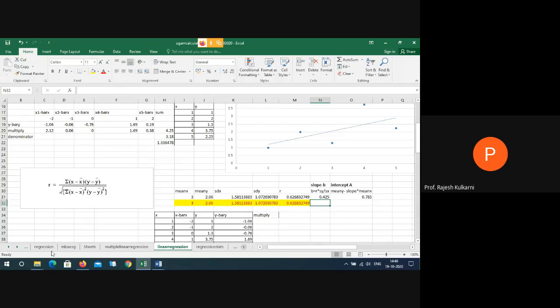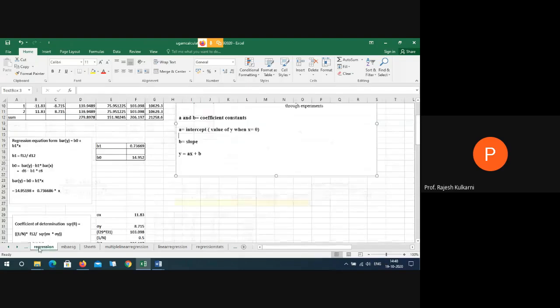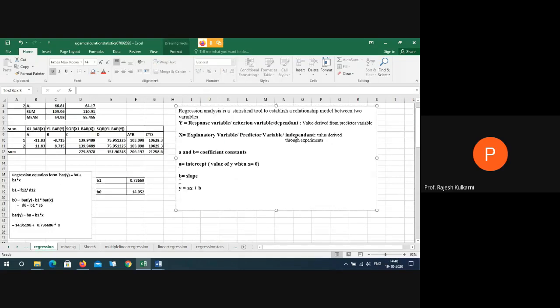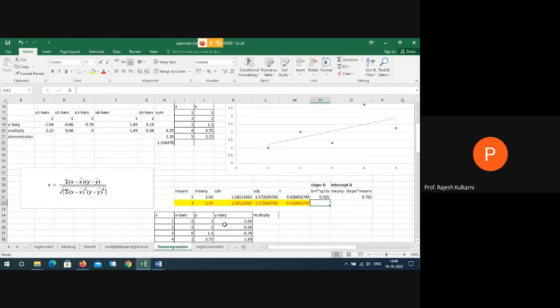Now somebody has to just help me out with this formula. So here A is intercept, B is slope. Okay, A is intercept, B is slope. So these two things we have to calculate. So somebody from second year, tell me the formula for slope. It is written already. You have to just see and tell.